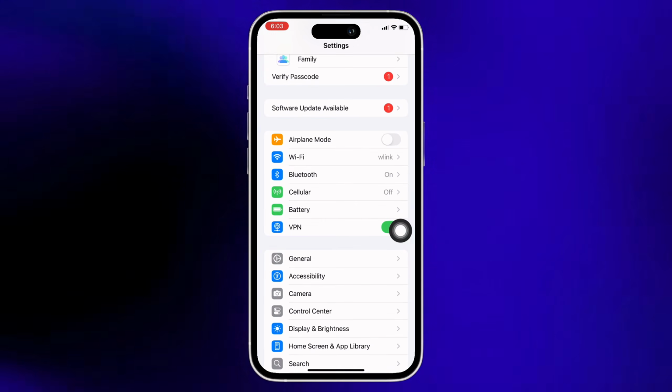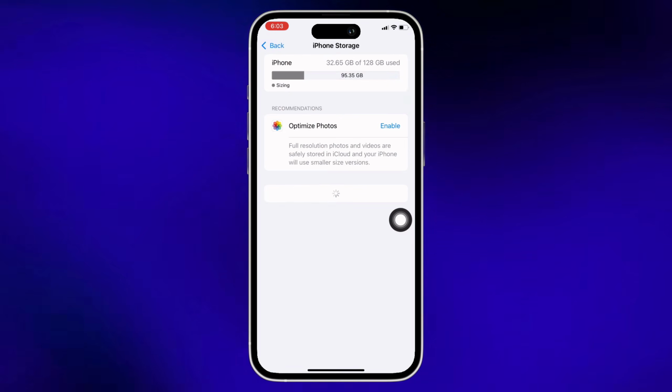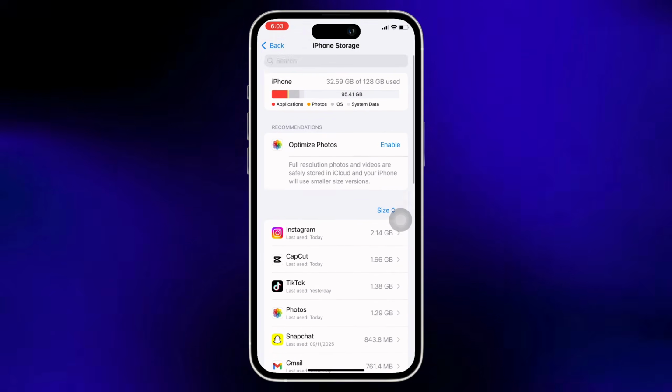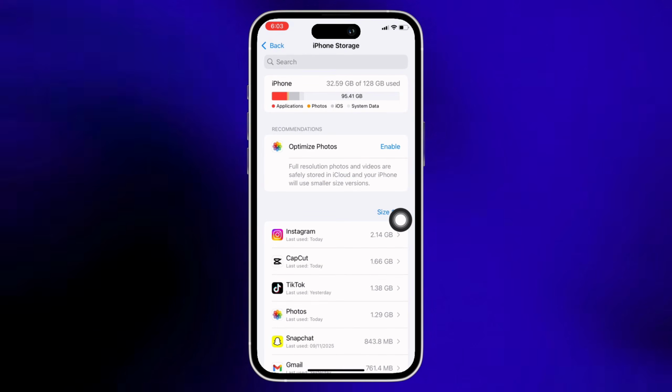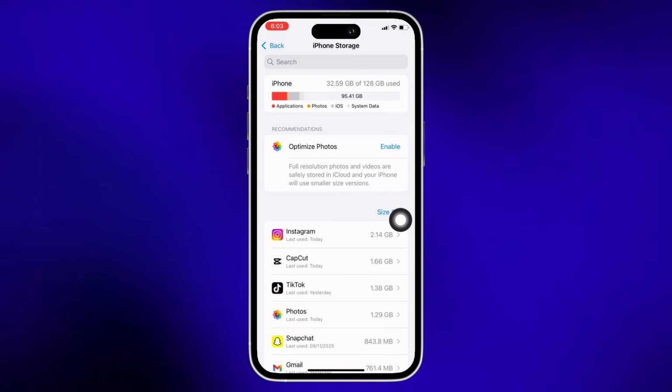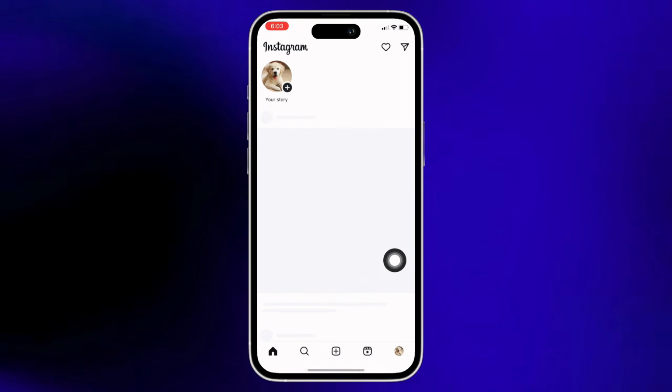and then tap on general and then on iPhone storage. Here, make sure your iPhone is not full with that storage, and if yes, then go ahead and try keeping at least 2 to 3 GB data free. See if that helps. If not, then open Instagram and then tap on your profile and then tap on the